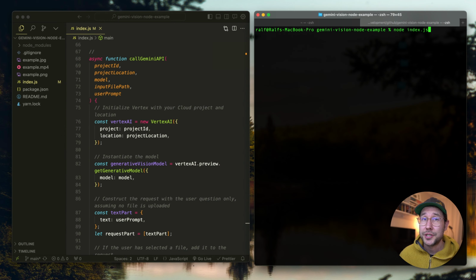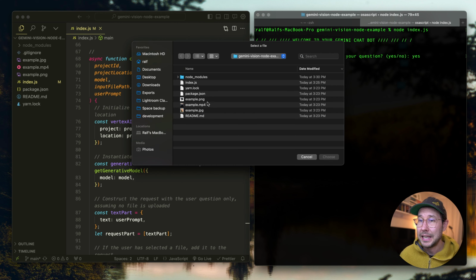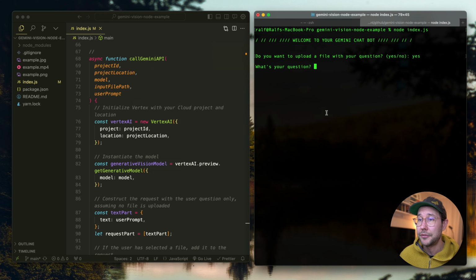Once you have this project up and running in just a few minutes, what you'll get is this text-based interface where you can chat with the Gemini API and provide files. So I'm just gonna say yes to if I want to upload files. I'm gonna get a file picker here. Let's take a PNG. I'll show you a video in a few seconds,